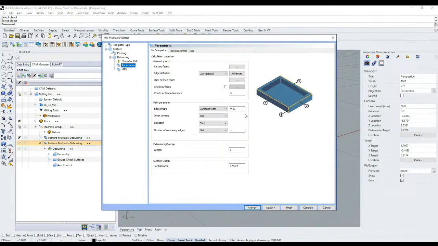So yeah, I think that's it for the deburring. We'll be looking at the premium option next. One feature that I really like in there, in terms of the